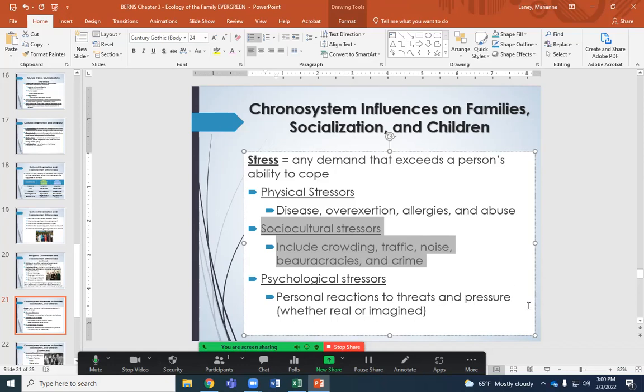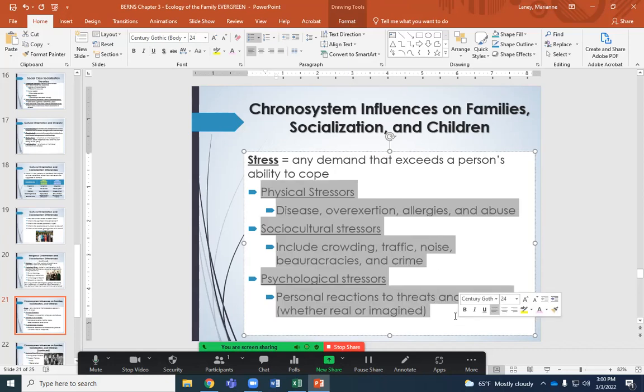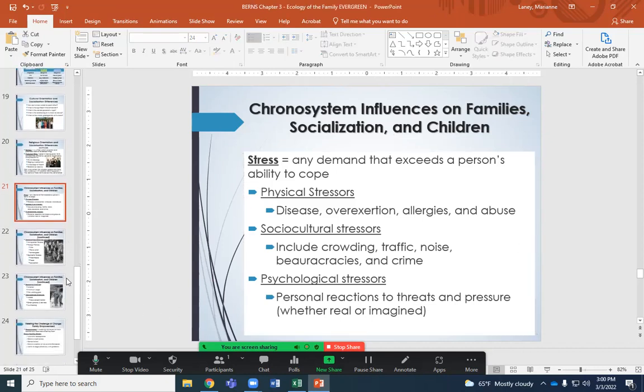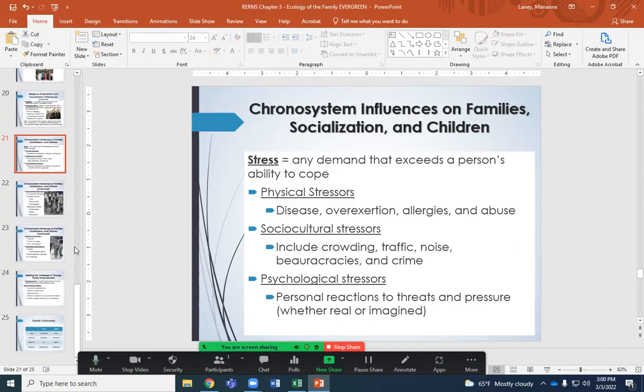How about all this? COVID, physical stressors, sociocultural stressors, psychological. Yes. So guess what? We have all, for the first time in our last 100 years, we are all sort of in the same trauma and resilience bucket. Yeah. And I'll keep you guys posted on that. We have a lot more things happening here on campus for trauma and resilience. I want to make sure that you guys are getting all the support that you need.